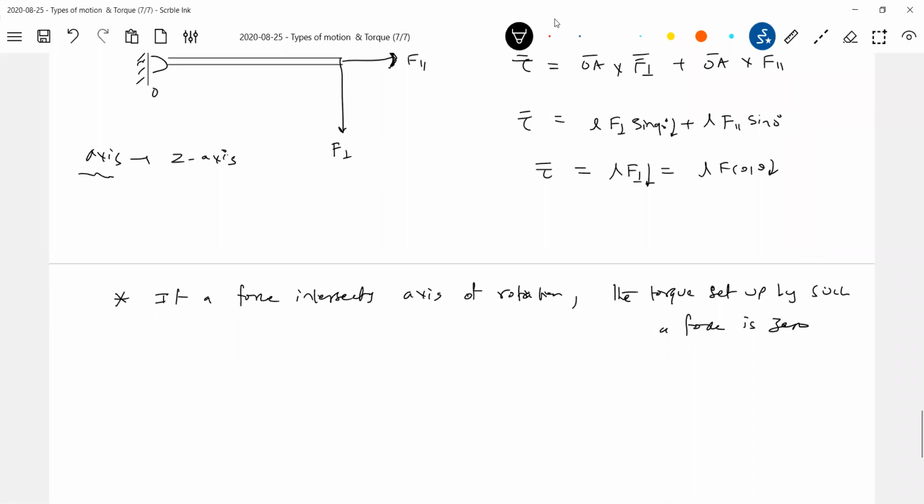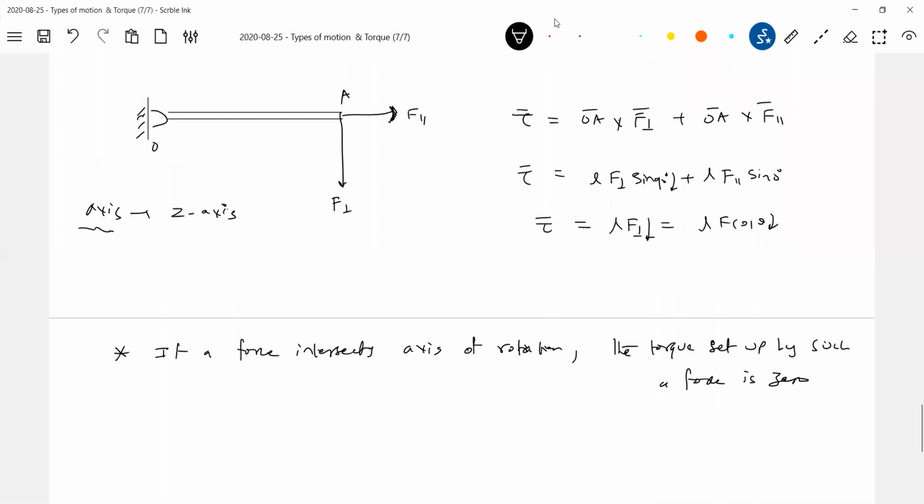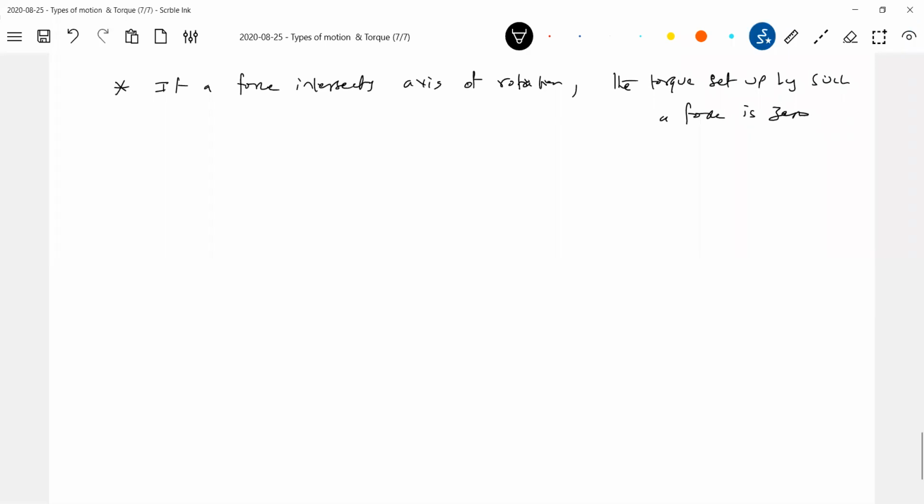There's one practical example I brought here. And then one more very important thing you noticed. This is like two forces, no? F perpendicular, F parallel. Means at a point, if two forces are acting, can we write like this? Shall I take an example of this one? So one more, the same. So one force